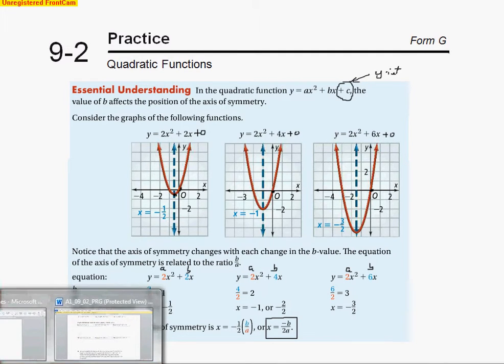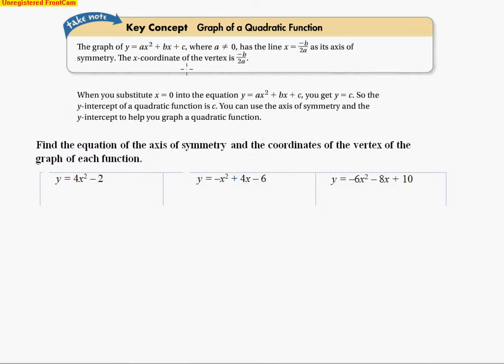And the next type of problem here, again, we'll go for the key concept. So when we've got a quadratic in the standard form, ax squared plus bx plus c, where a is not 0, because if it were 0, it would not be a quadratic, the line for that axis of symmetry is going to be x equals negative b over 2a. It's going to be the x coordinate of the vertex. And so what we're asked to try to find is the axis of symmetry and then the coordinates of the